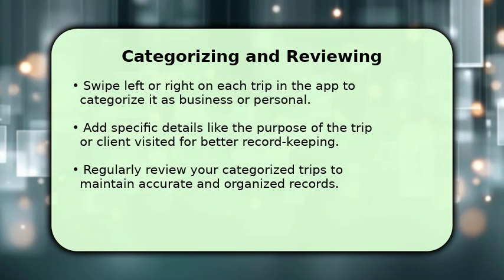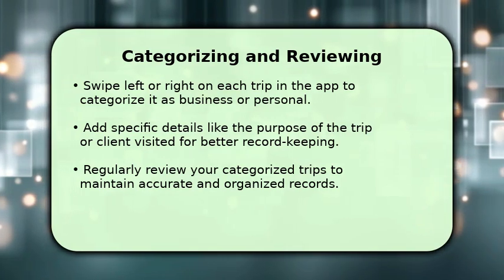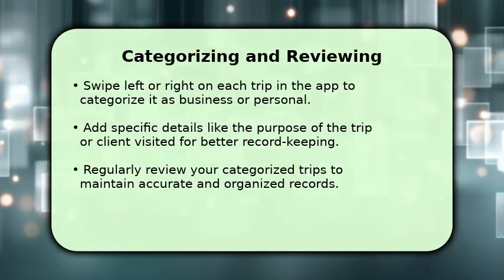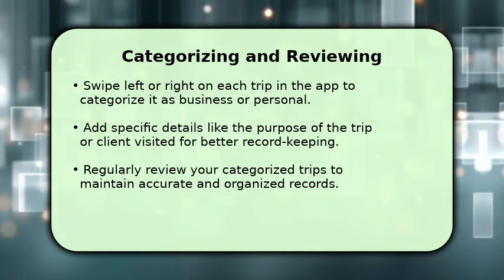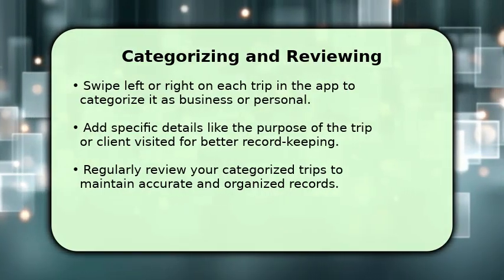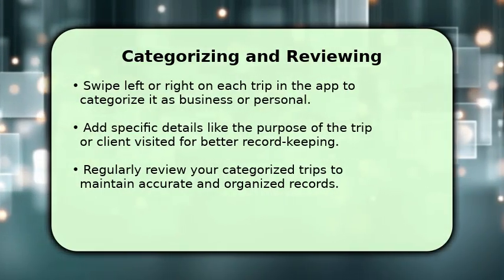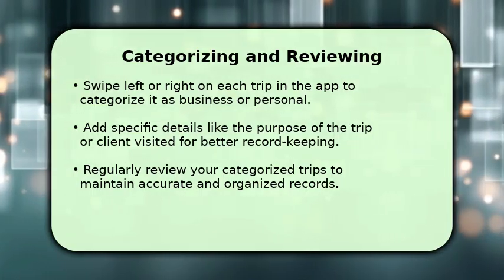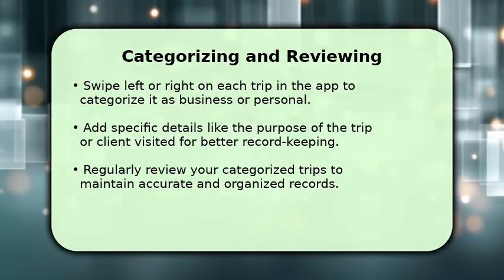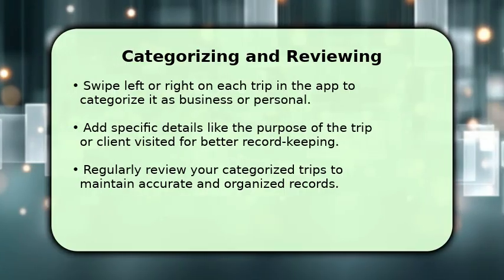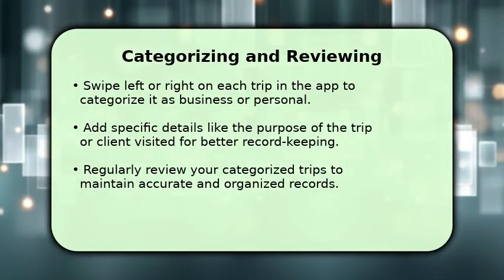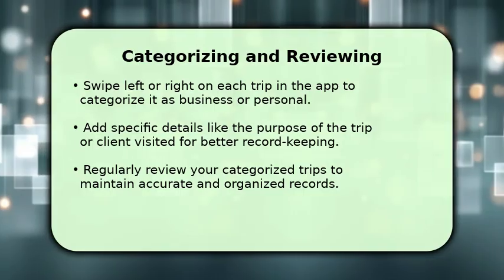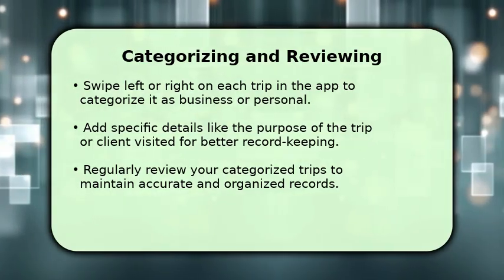After a trip is recorded, you'll need to categorize it. Simply swipe left for personal or right for business within the app. You can also add important details like the trip's purpose or the client you visited. This categorization is vital for distinguishing deductible business mileage from personal travel. Make it a habit to review your trips regularly, perhaps once a week, to keep your records precise and up